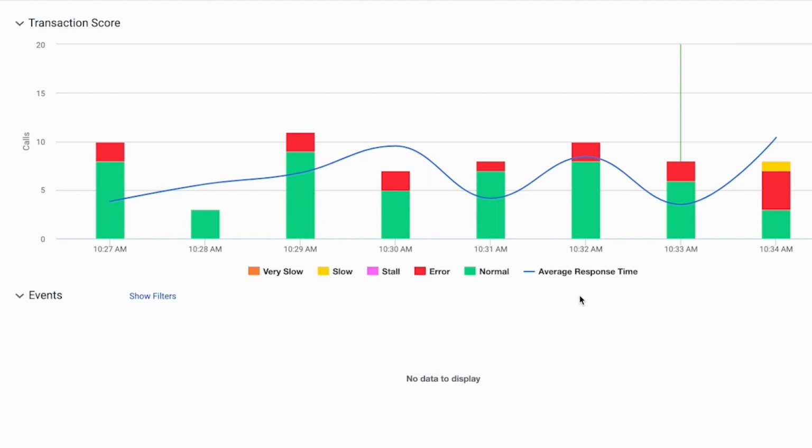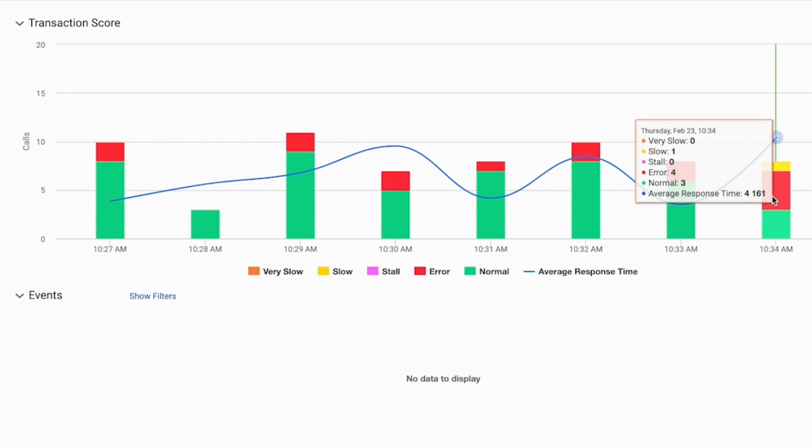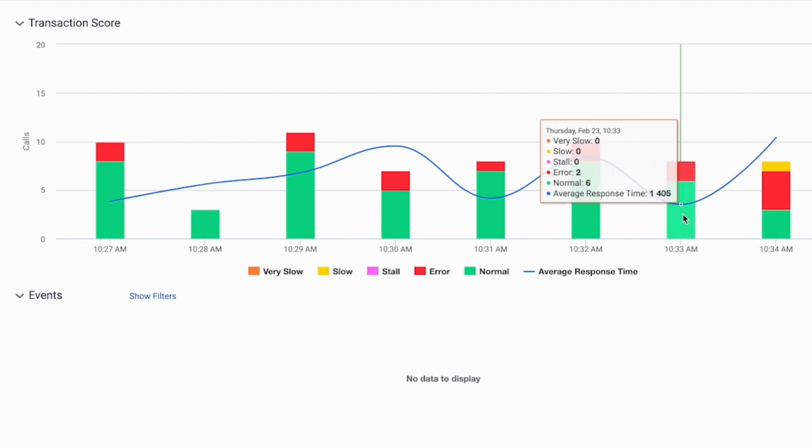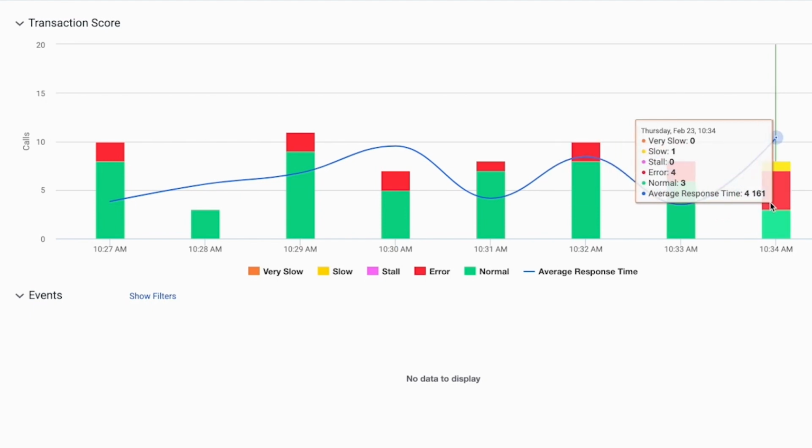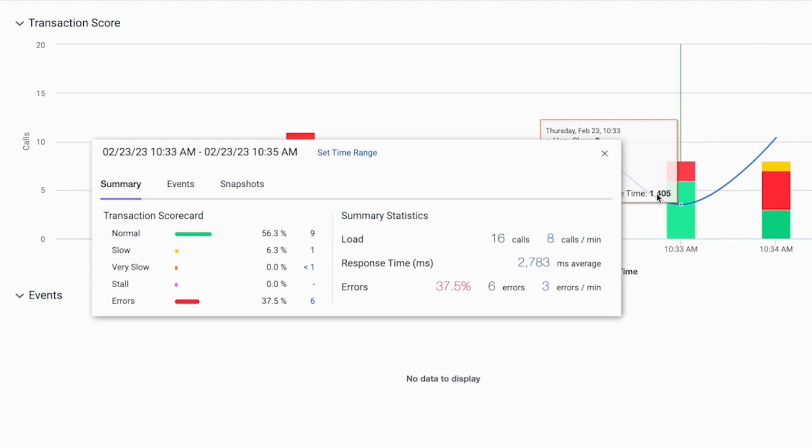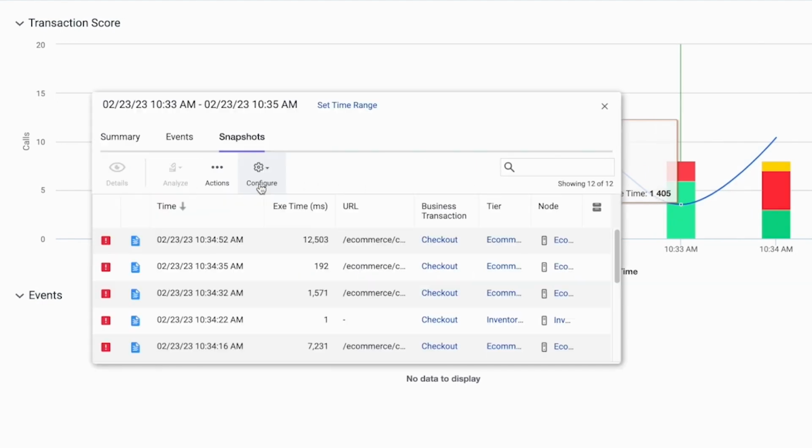If, during a problem investigation, one notices an increase in transaction errors for a given transaction, review of the transaction scores for that transaction is a way to validate that there has been an increase in the proportion of users experiencing degraded performance. By clicking into a snapshot that is representative of this degraded user experience, one can then explore